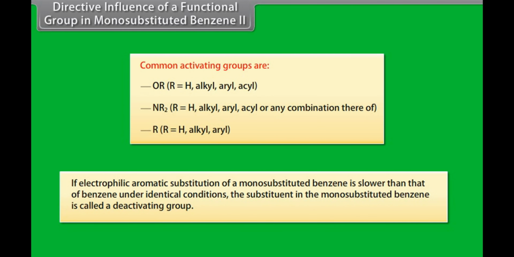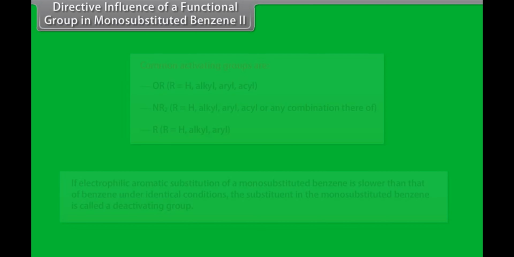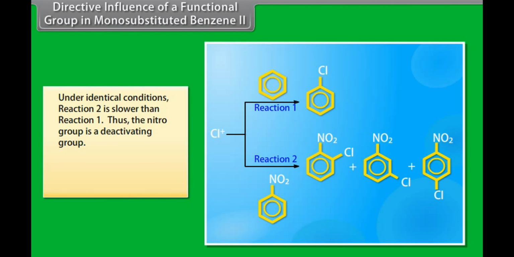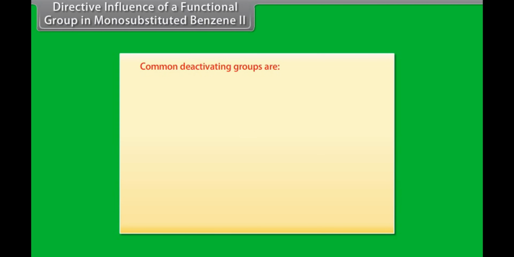If electrophilic aromatic substitution of a monosubstituted benzene is slower than that of benzene under identical conditions, the substituent in the monosubstituted benzene is called a deactivating group. Under identical conditions, reaction 2 is slower than reaction 1. Thus, the nitro group is a deactivating group. All deactivating groups are electron withdrawing groups. Common deactivating groups are